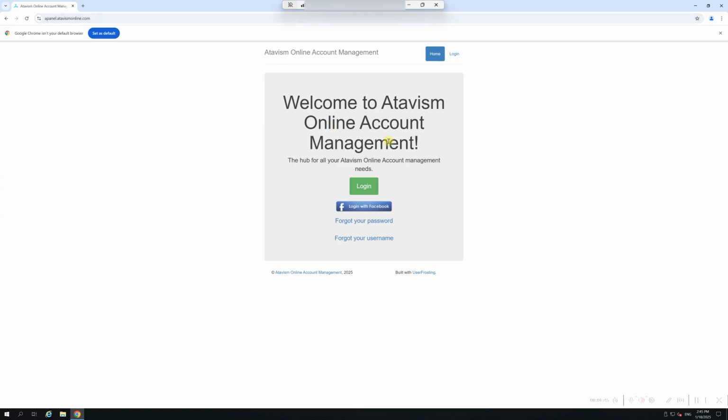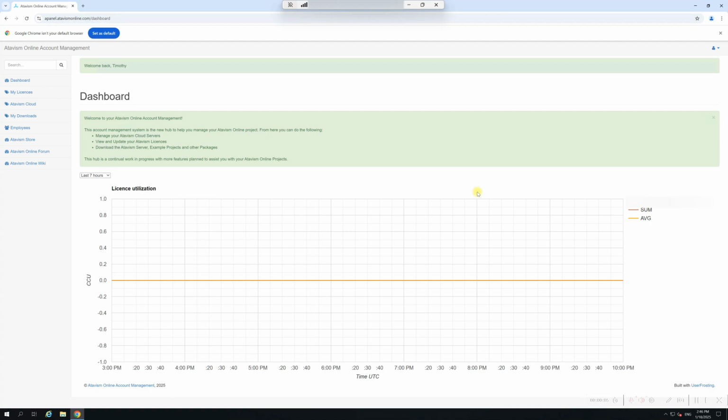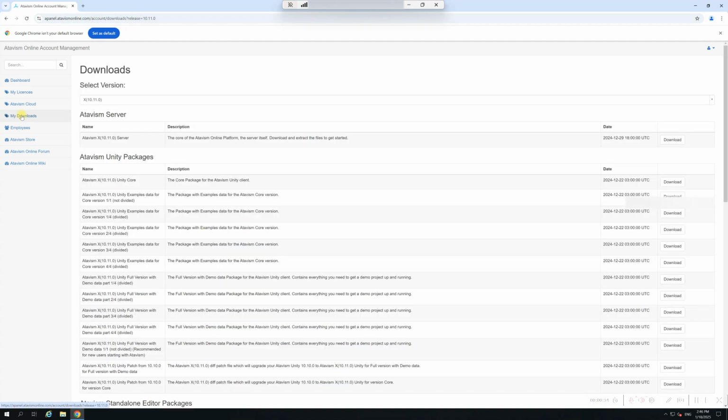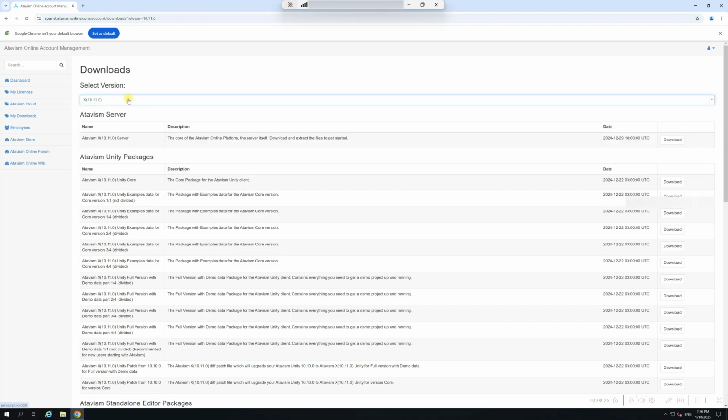We click login. We're going to put in our details. Once we've logged into our A panel, we're going to need to access our downloads. So we go to the left here, click My Downloads. For this installation, I'm going to go with a 10.11. But if we wanted to change that, we could pick more versions from the drop down on the top of the page. Just going to click download,